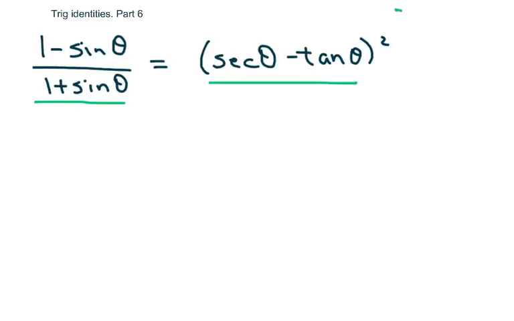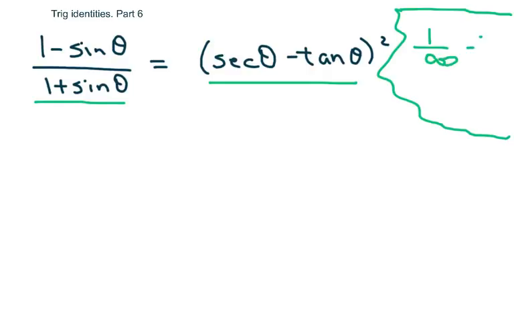I want to kind of know what this over here looks like. This is really 1 over cosine minus sine over cosine squared. And I didn't put the thetas in because I'm running out of room, but that's what that looks like. So you kind of want to know what that looks like. Now, the way to manipulate this side, if we're going to do the left side, is multiply the numerator